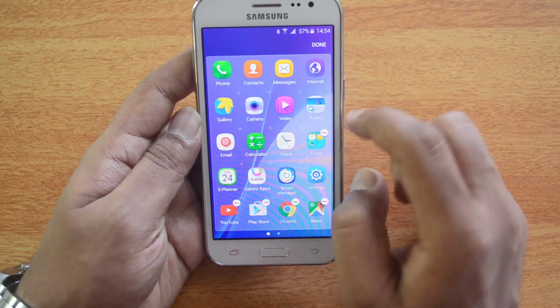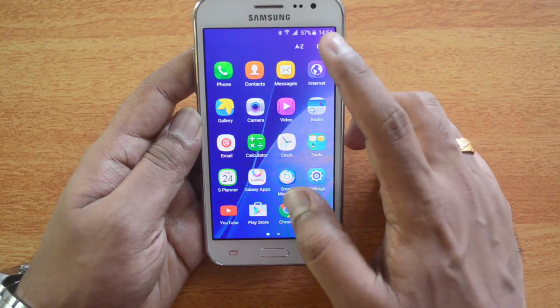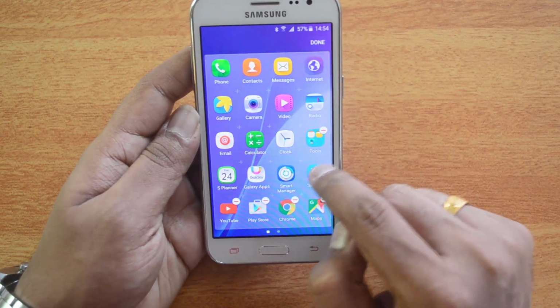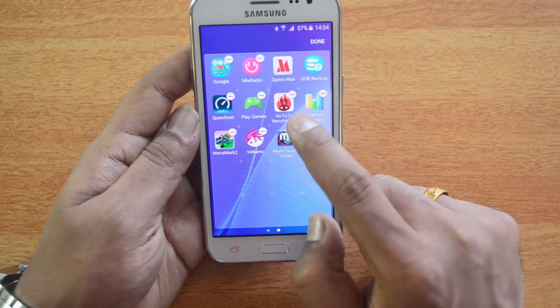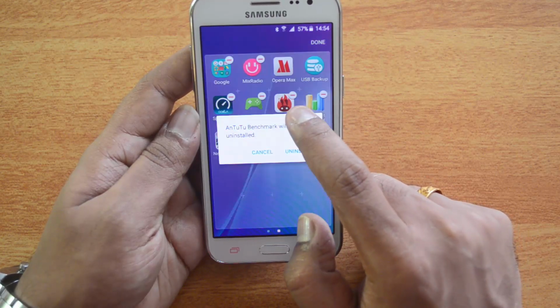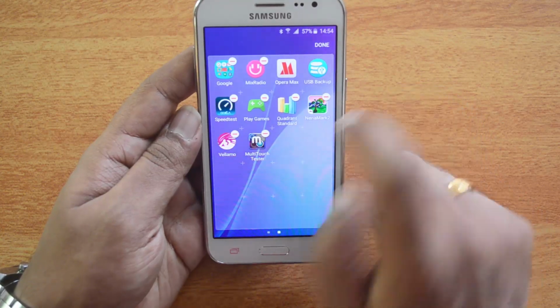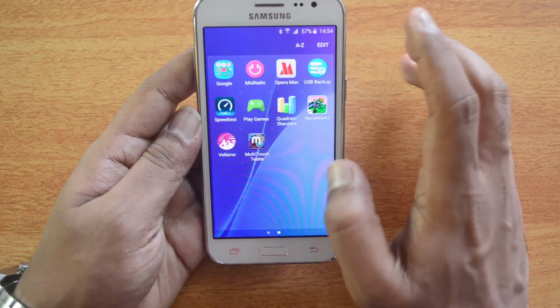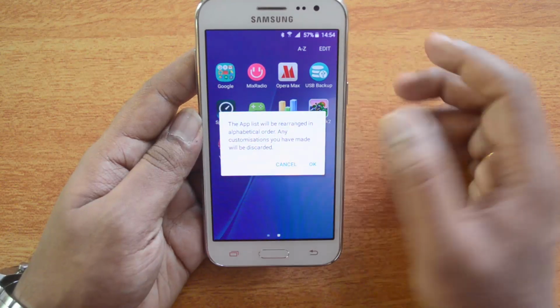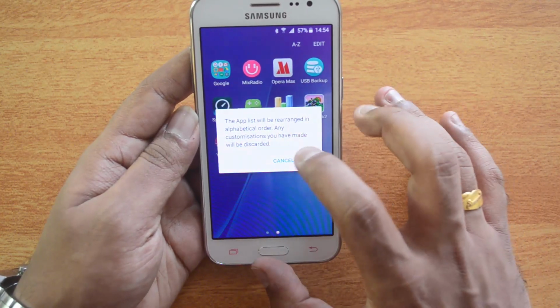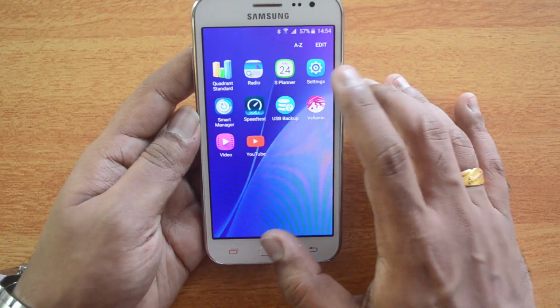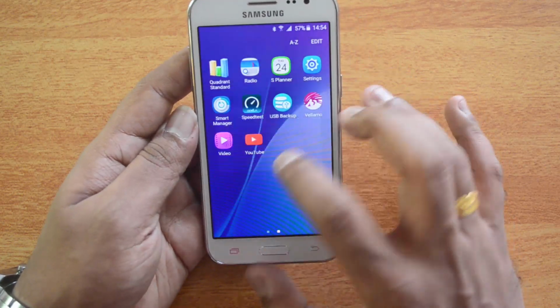You can uninstall apps here. So just click here and edit. If you just click edit, you can see some of the apps which can be uninstalled are shown with the option to uninstall. So you can see here right now it's uninstalling the app. Just click uninstall and it will be going from here, and once you're done you can click the done button. Then you can also sort apps based on alphabetic order. So this can be done here. So that's the option here.